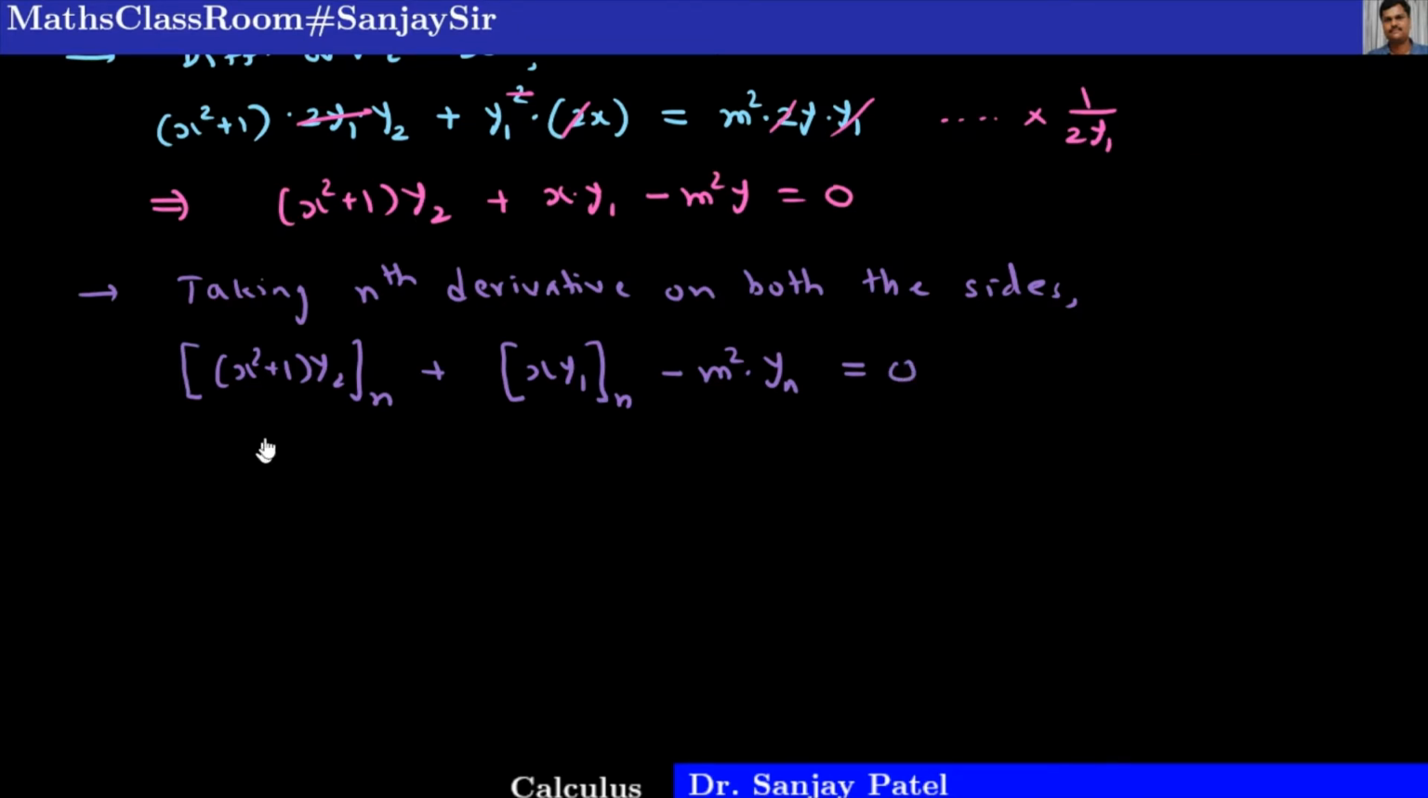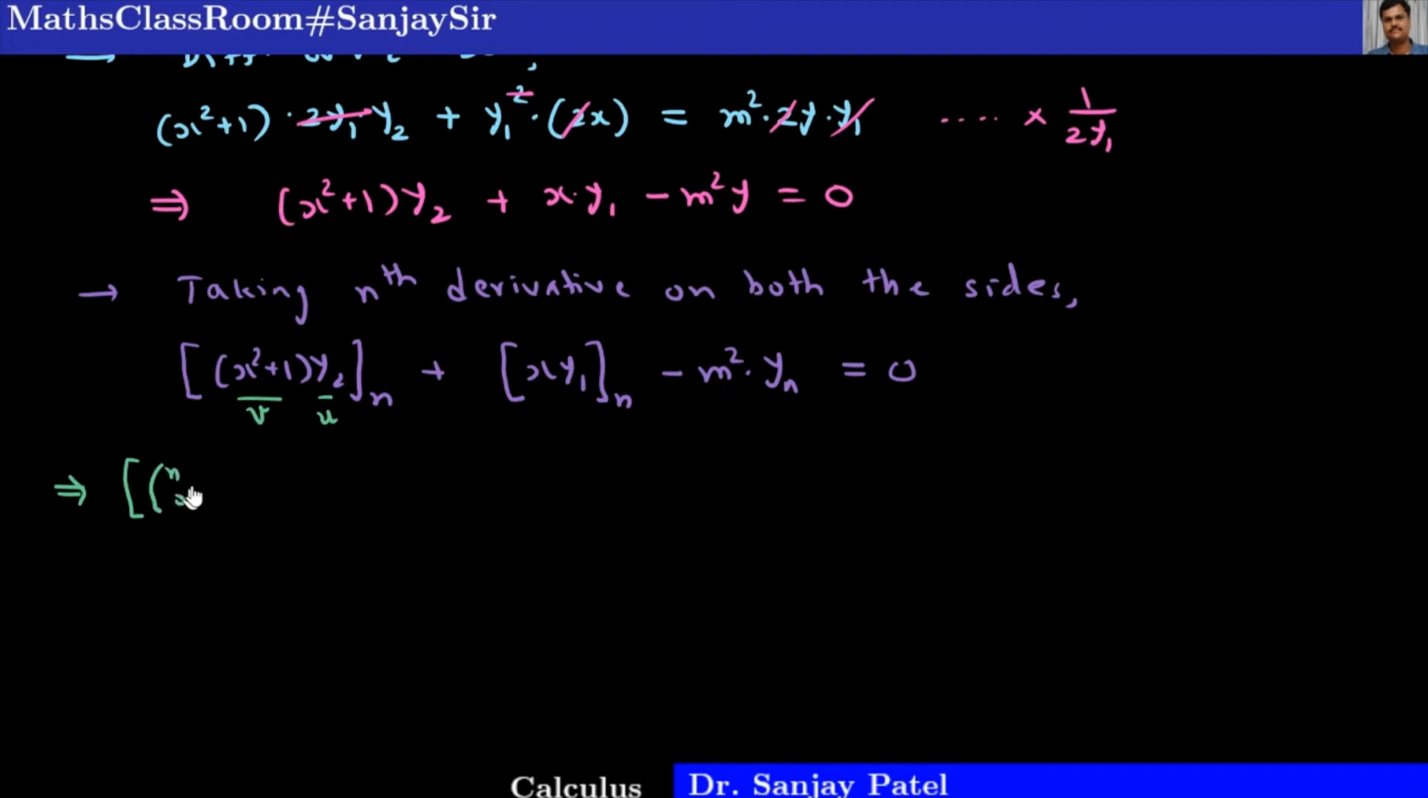Okay, now for each of these square brackets there are products of two functions, so we'll use the Leibniz rule for finding the nth derivative of the product of these two functions. Here among these two functions, x square plus 1 and y2, this function's third derivative is 0 because it is a polynomial of degree 2, so third derivative is 0, so this we choose as v according to our simple rule, and this I will take as u. So this implies applying the Leibniz theorem for the first bracket,